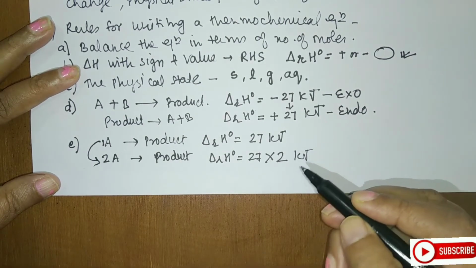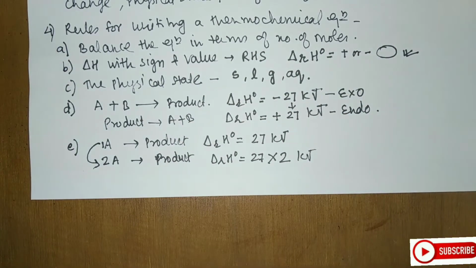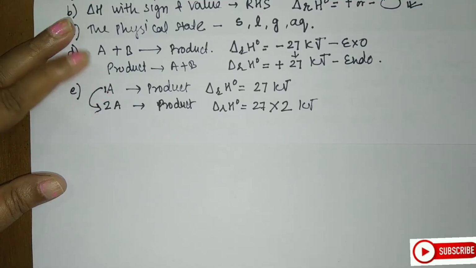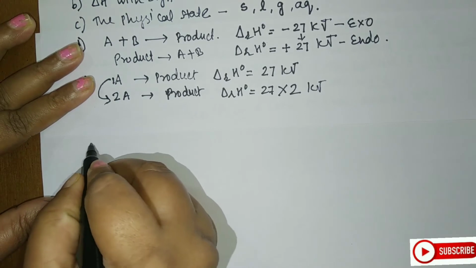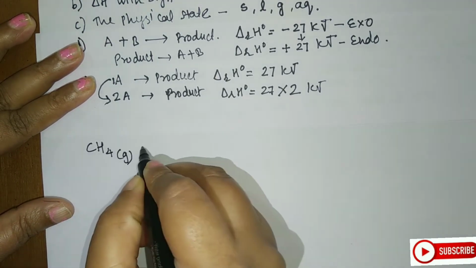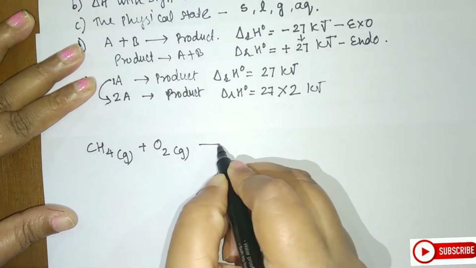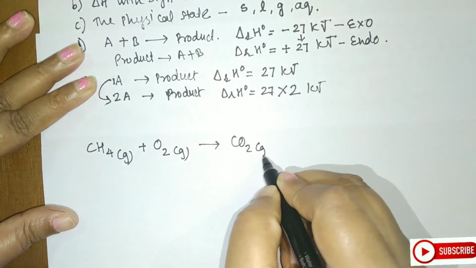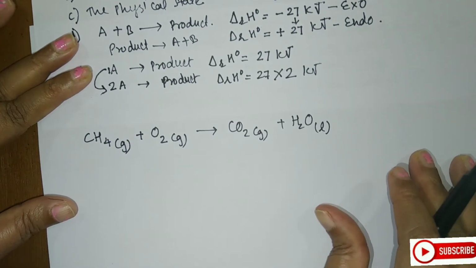To summarize all the points while writing thermochemical equations, let us take one example and recall all the points we have discussed. So students, here I am taking the combustion of methane. Methane is in its elemental state, that is CH4, gaseous. When you combust this, I am adding oxygen here, and I will get the products as carbon dioxide and water. So they all are in the free elemental and standard state.